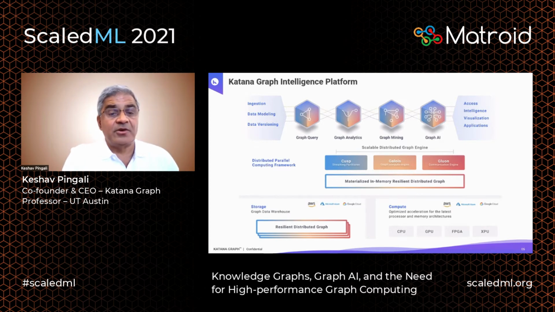You could also write your own if you like. So then Cusp springs into action. What it does is it shards the graph and builds an in-memory representation of each of those shards of the graph on the different machines of your cluster. Then the Galva graph compute engine kicks in.